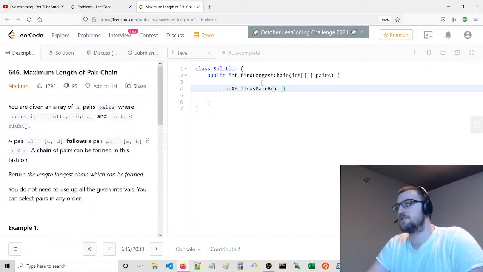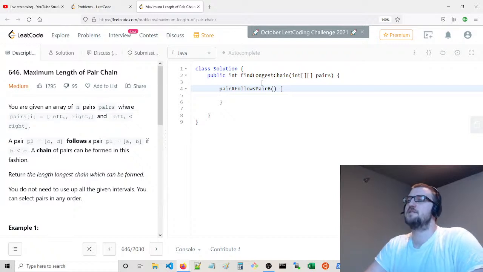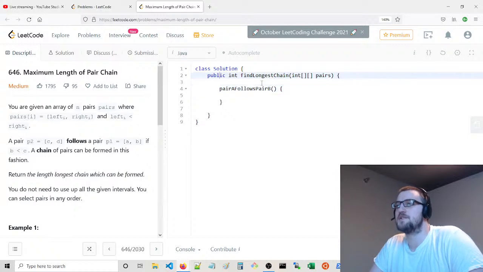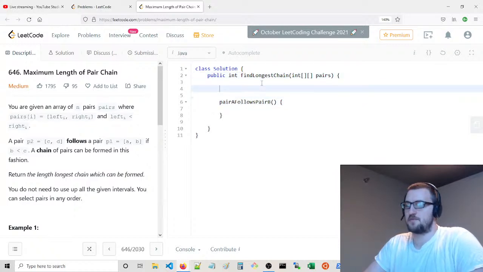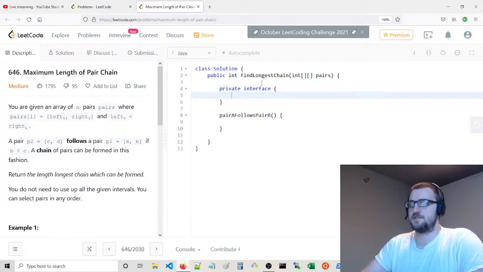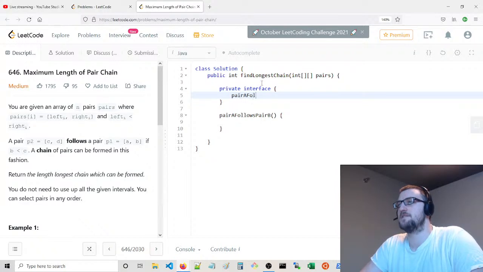So we want this Boolean. Now I think there is a functional interface. We can actually just have a private interface here, and just have a function defined, which is pair A follows pair B,